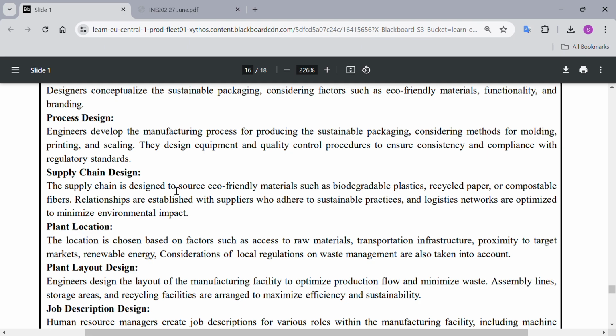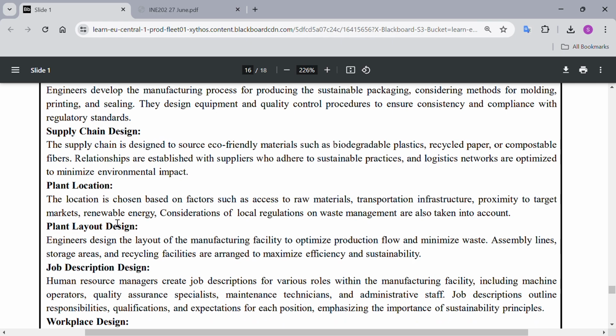That's important. We want to have relationships with people who share our visions, our mission, and all of these. And also logistics networks are optimized to minimize environmental impact. That's important. And also minimize the carbon footprint for our transportation and our building of materials and stuff,